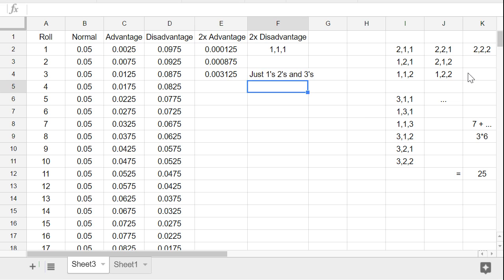Well, since there's 3 possibilities for the first one, 1, 2, or 3, 3 for the second one, and 3 for the third one, there's 27 possibilities, right? Great, but then some of those don't work, right? Because we can include 3, 3, 3. That will definitely give you 3. But you can't include 2, 2, 2. And you can't include